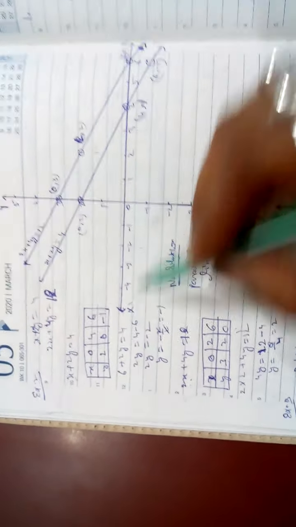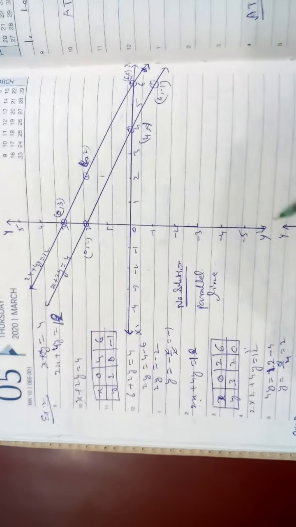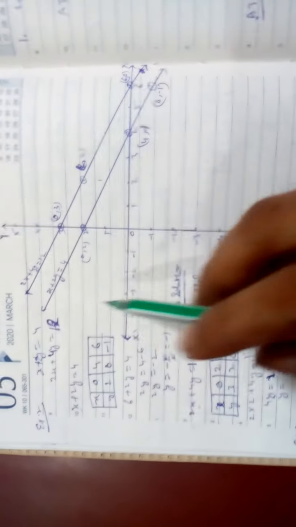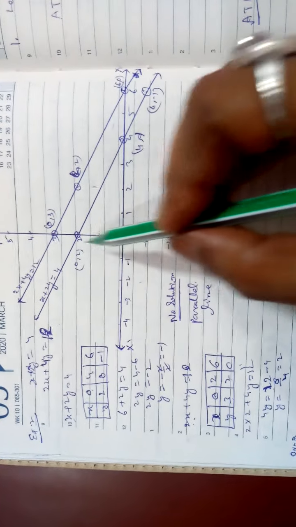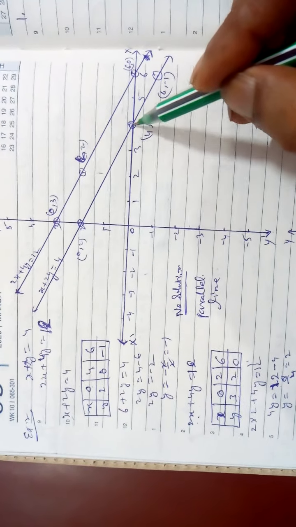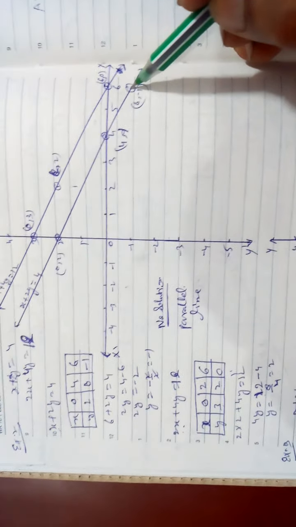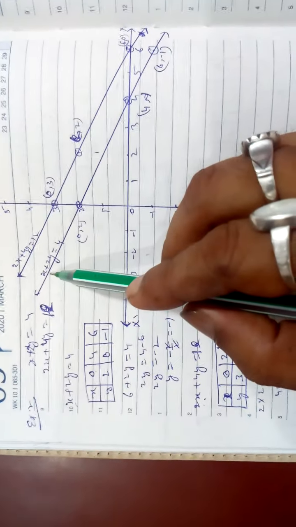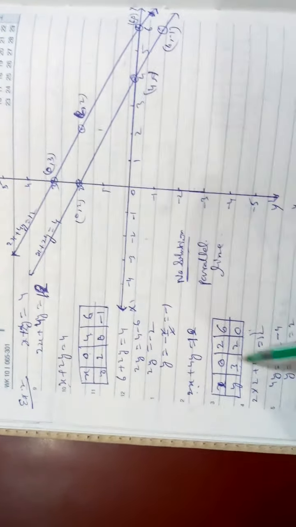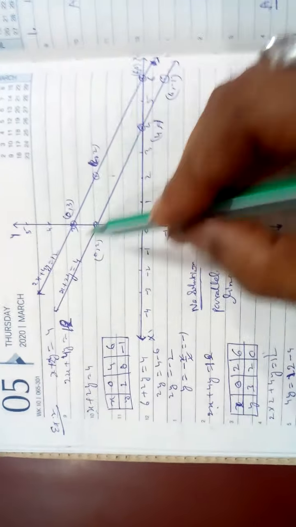First draw the axes at 90 degrees on the graph paper, as you know. Put the axes x dash, x, y dash, y and write 1, 2, 3 everything. Then start plotting: 0 comma 2, 4 comma 0, put a dot and circle, then 6 comma minus 1, put the dot. After this, join them by scale and write the name of the equation. Then start the second: plot 0 comma minus 3, 2 comma minus 2, and 6 comma 0. Again draw by scale and write the name.